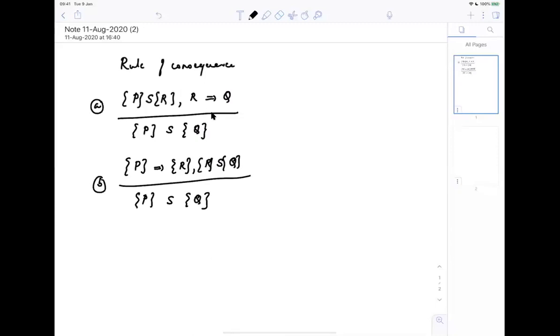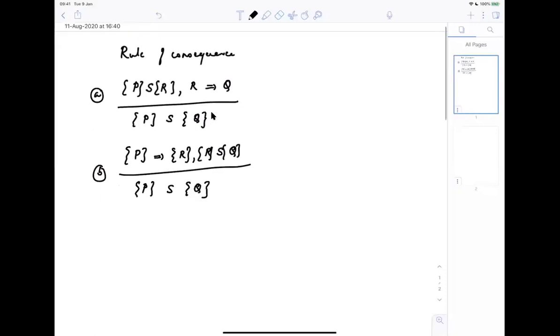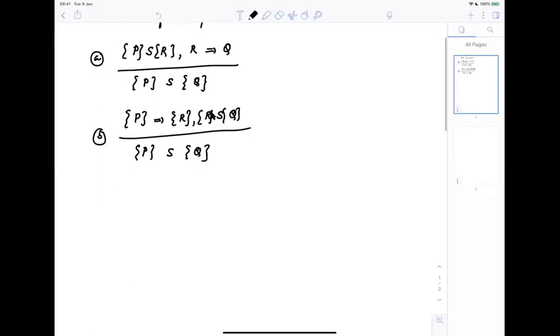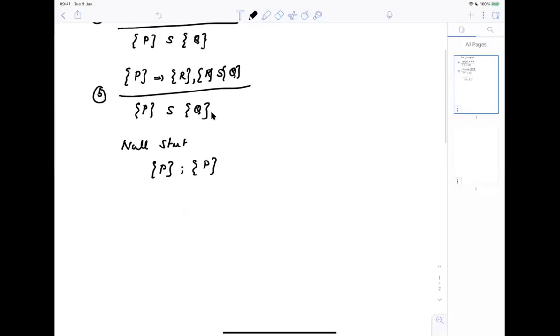And this was another assertion where we said if R is the precondition for a program S, which leads to the postcondition Q, then any other assertion that implies R can also be the precondition for program S. Then we looked at the null statement. Then we said the precondition and postcondition are the same. This is equivalent to running a semicolon or a skip. Then we talked about the assignment statement,